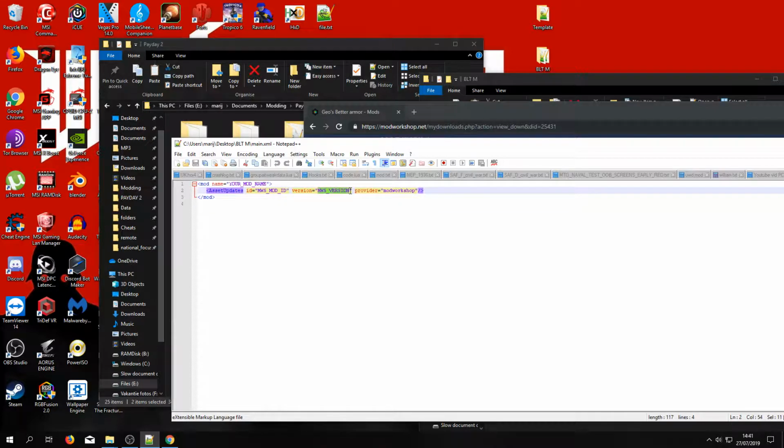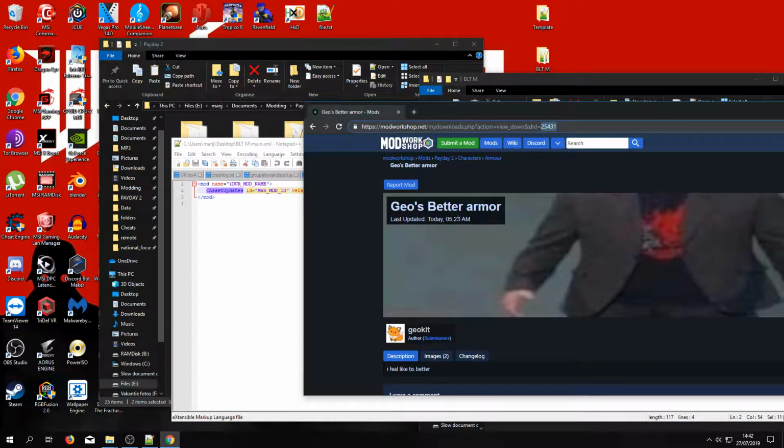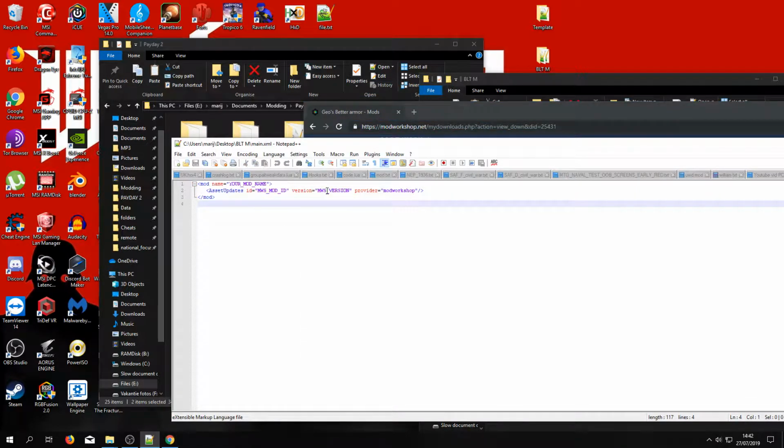Then you select your version, which is whatever version is listed here normally. This author has not set any version. And whenever your mod is uploaded, it will check if the version on my mod workshop page is the same as this version. If it's different, it will always auto update. So make sure you keep this up to date with what version you're gonna call it on mod workshop.